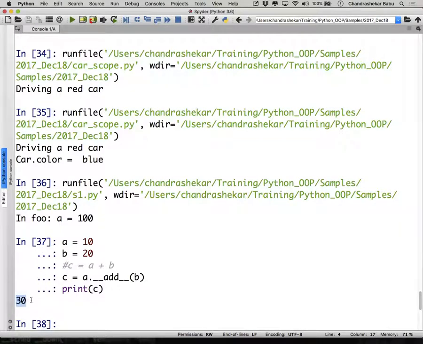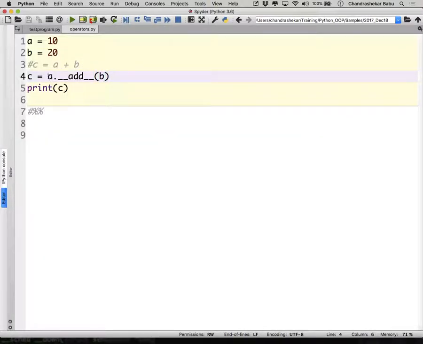You got 30. Where it says C is equal to A plus B, this gets translated to C is equal to A dot add of B. Further it will get translated to int dot double underscore add double underscore of A comma B. Understand it? It's a two-level translation.